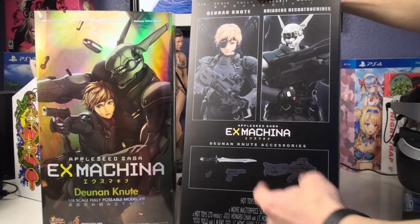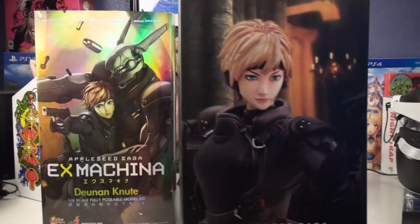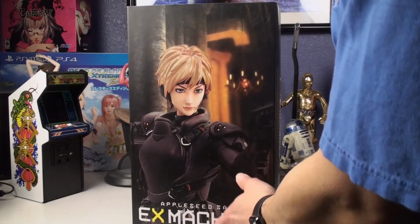And there's the weapons kind of shown right here below. But yeah, like I said, the box is really nice. I mean, Hot Toys has always done really nice packaging on a lot of their boxes and so forth. So let's take off the